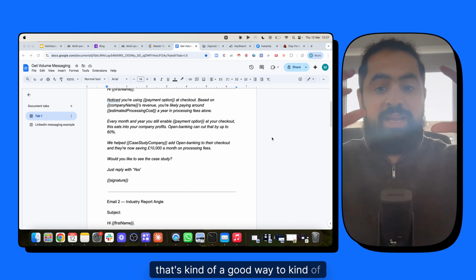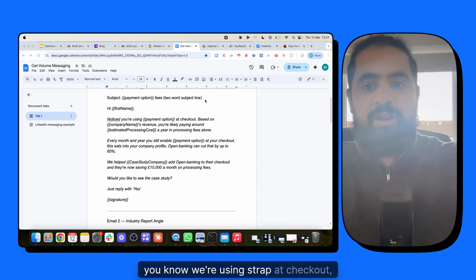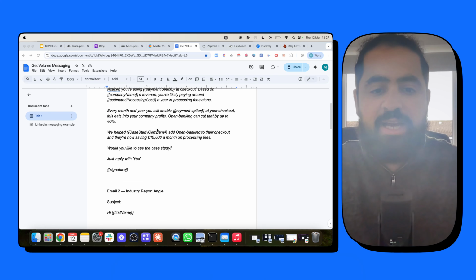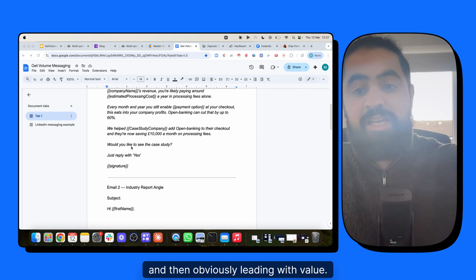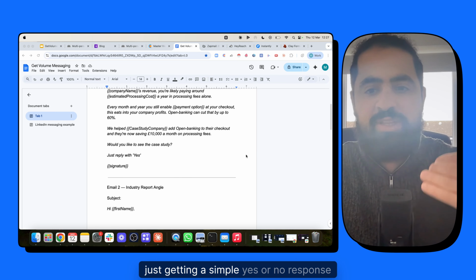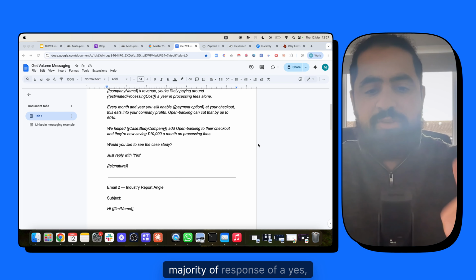That's a good way to contextualize: we're using Stripe at checkout, but this is the processing cost, and this is how much you could probably save. And then obviously leading with value. So remember what I said, would you like to see the case study? So initiating a conversation, right? Just getting a simple yes or no response, or the majority of a response being a yes,